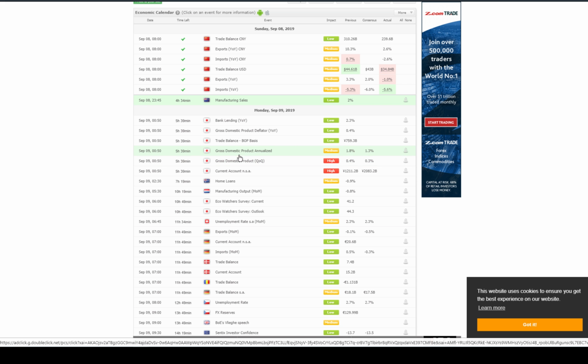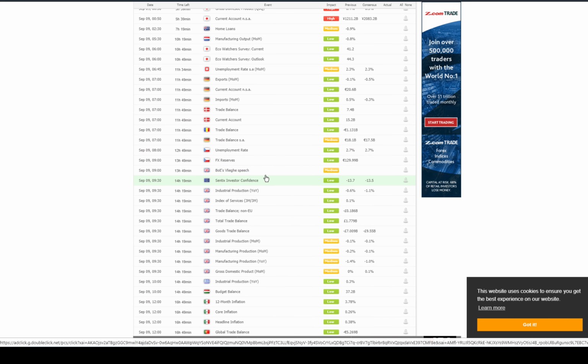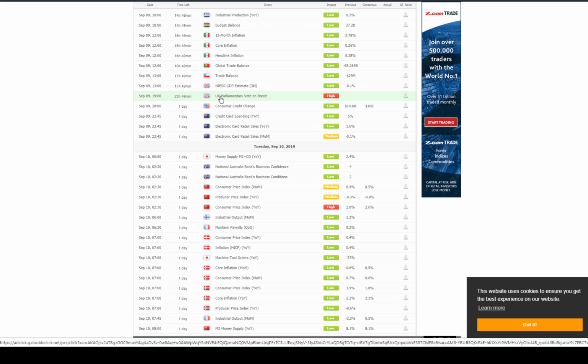Yes, I'm long on Aussie yen. So I think it's going to be a pullback because Aussie yen last week was really flying. It doesn't move very much, but it was flying regarding its profile. What else? High impact parliament vote on Brexit. Yes, okay, that is going to be a big day on Monday. Then after that,